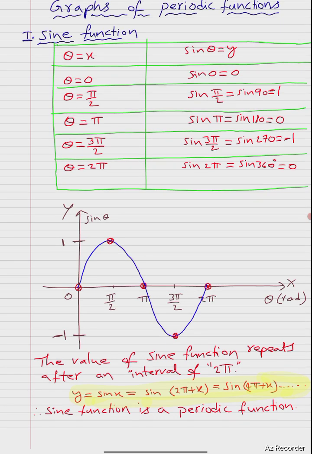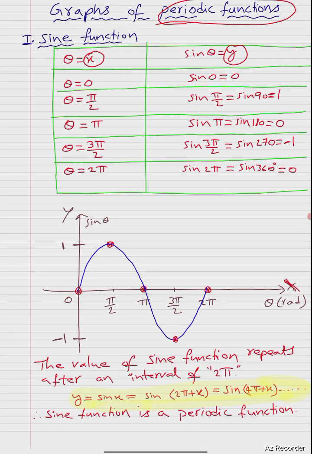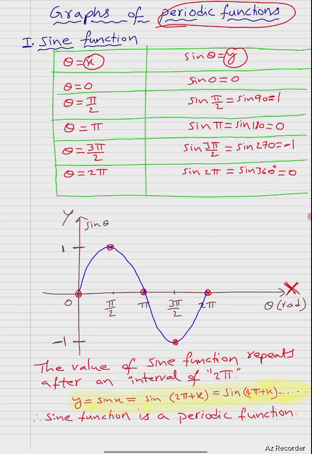Here let us plot the graphs for sine function and cosine function. These sine function and cosine function are periodic functions. Why they are periodic functions you will understand after plotting this graph. So for plotting a graph we need x coordinate and y coordinate, isn't it? So on x axis let us take the angle theta, and on y axis